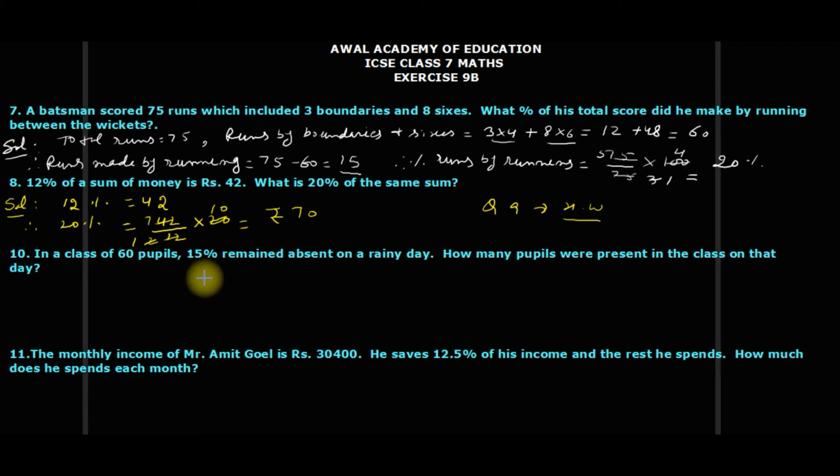In a class of 60 pupils, 15% remained absent on a rainy day. How many people were present in the class on that day? So here, total students are 60. 15% remained absent on the rainy day. If total students is equal to 60,